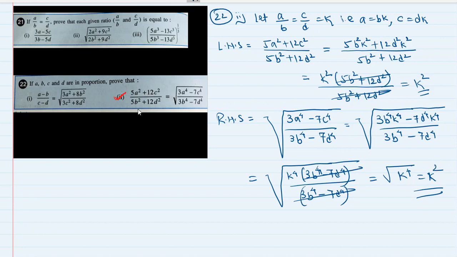Now this is the second one which I tried. I want you to pause the video and try the first one. Okay, write the second one, solve the second one with me. If you have not written it yet, please pause the video, write it down and then solve the first one of question number 22. Okay, I think you're done. If you're getting LHS equal to RHS, that means you have understood K method properly.